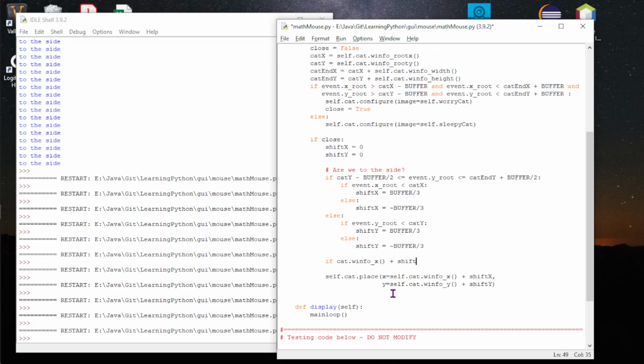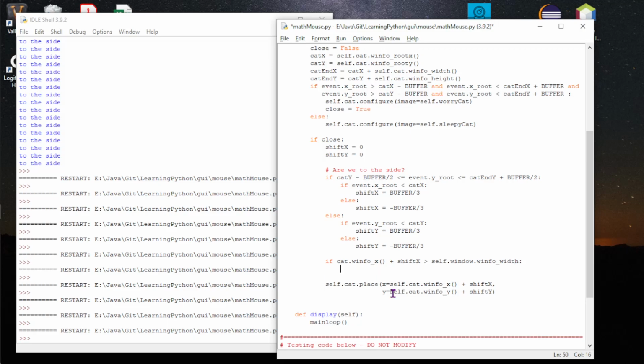So for example, there's its new location, right? That's where we're going to put it here in a second. So if, oops, sorry, shift X. If that is greater than, well, what's the size of the window? Well, self.window, that's what we create up above, dot winfo width. Well, if that's the case, then let's change,